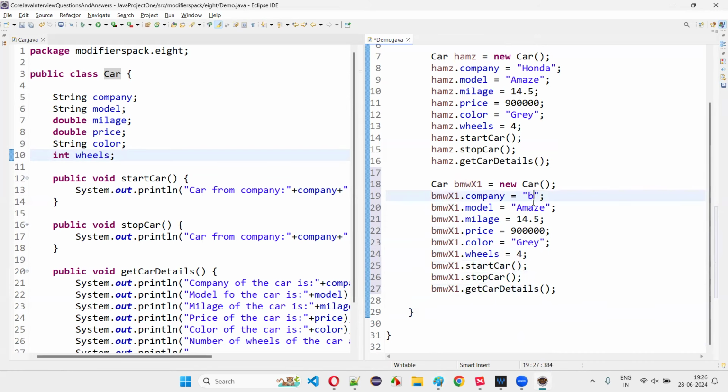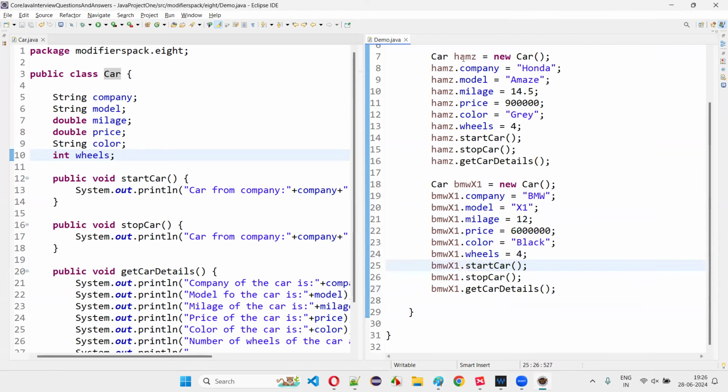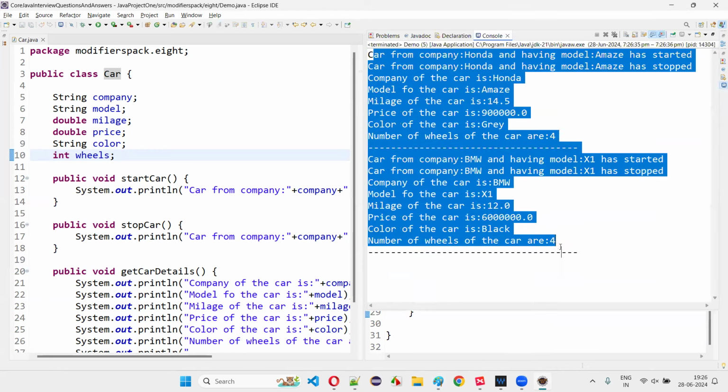Here I'll say BMW is the company and X1 is the model. And the mileage is only 12 kilometers per liter, and the cost of the car is around 60 lakhs, and the color of the car is black. Okay, and the number of wheels of the car is 4, and the remaining all are the same. So run this code here, and you'll see that for these two objects, all the details are coming,